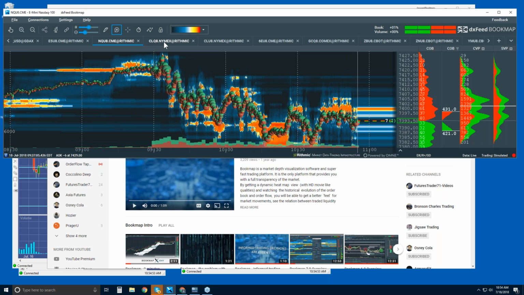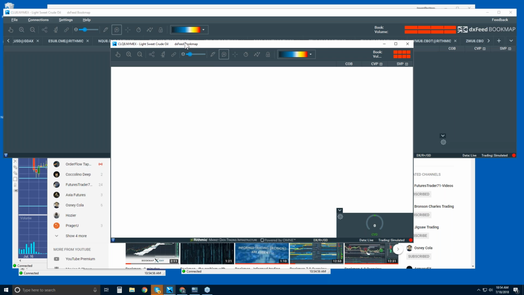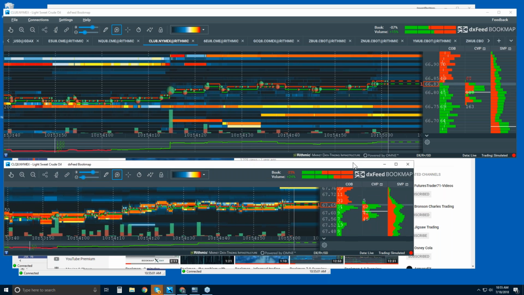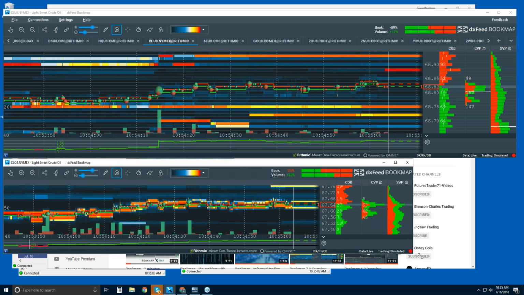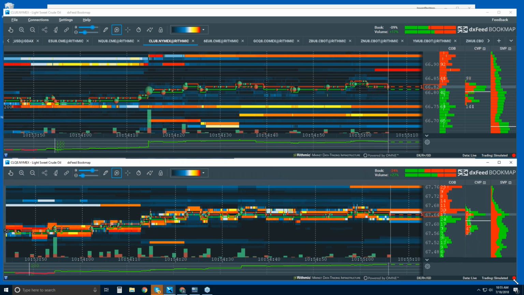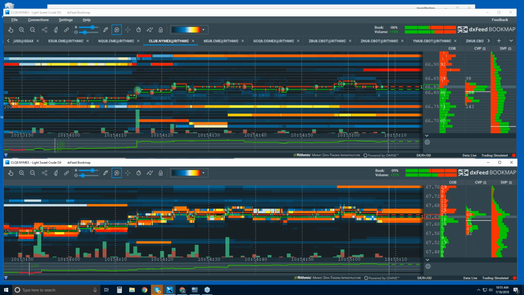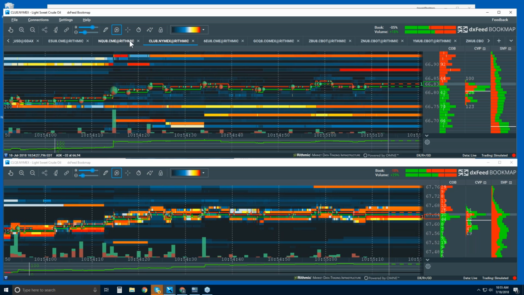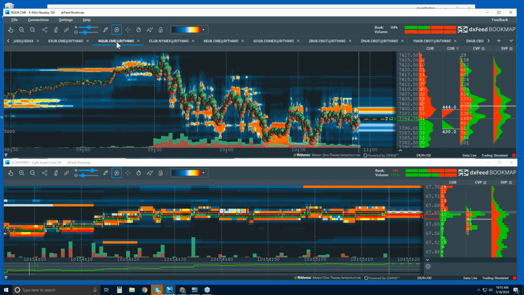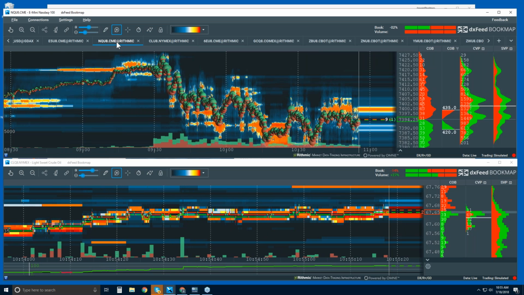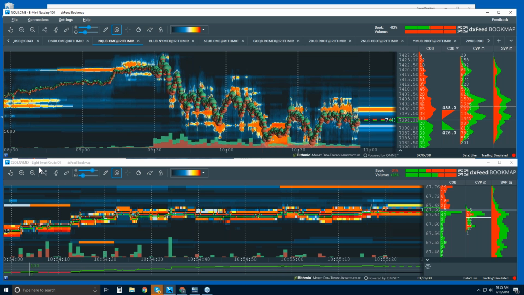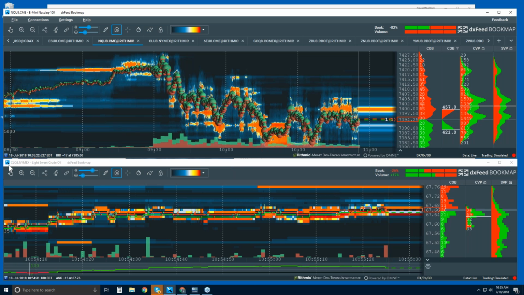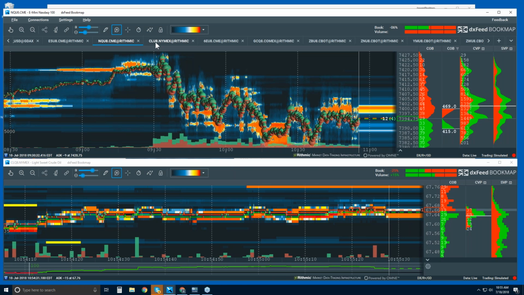And we can double click on this tab here and it'll pop out another Bookmap chart. Okay, and then we're going to add this down below. Okay, and to try to line this up. And I'm just going to line it up because I want to show you the synchronization here. Okay, and then we'll click on this chart here and go to NASDAQ, right? Oh, this is the wrong month here. We're now on the U contract in